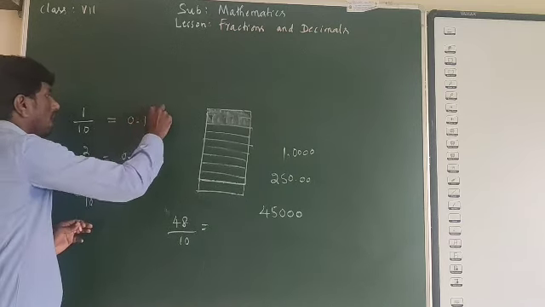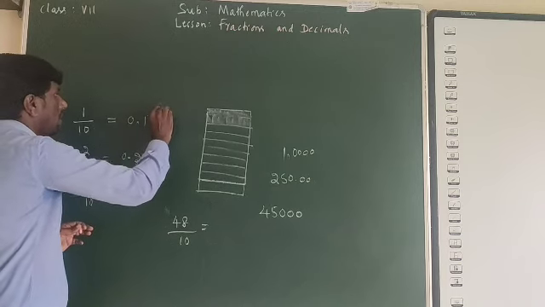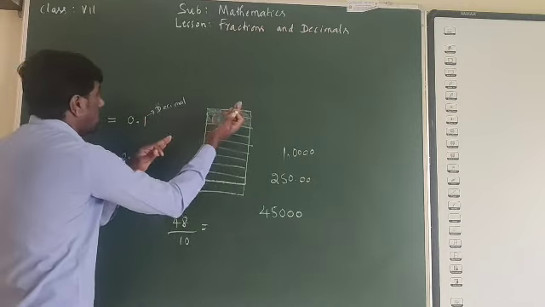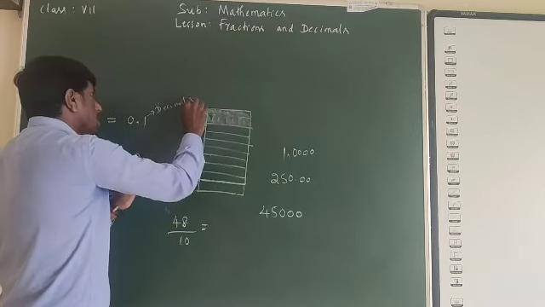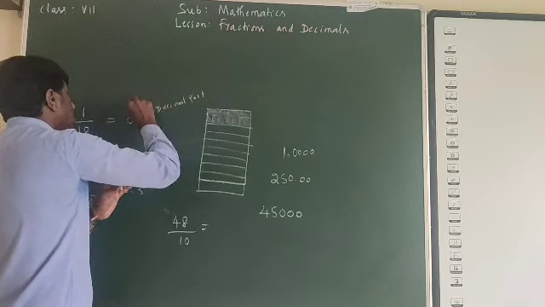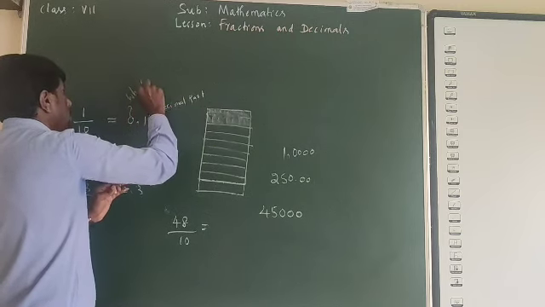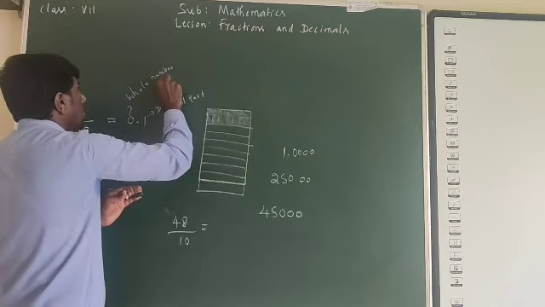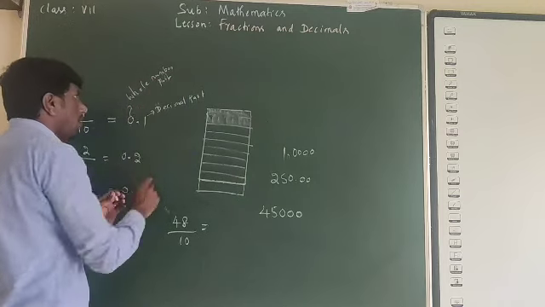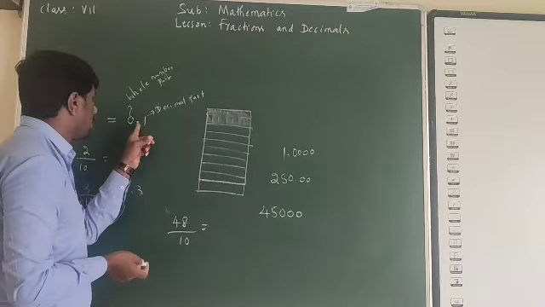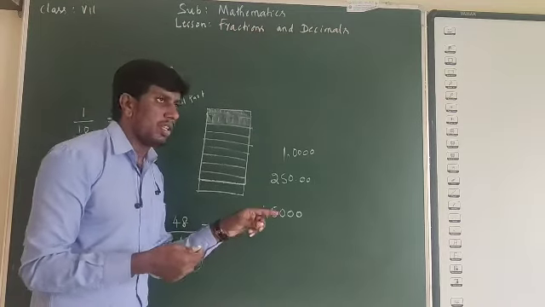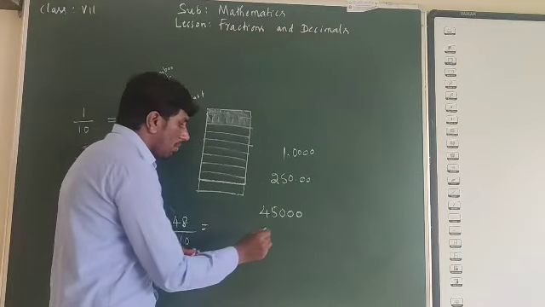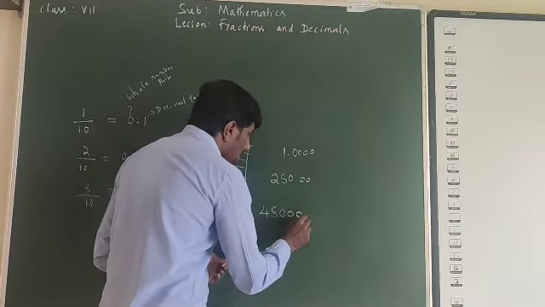Okay, this is fraction, this is the decimal part. Whatever numbers are there after the decimal point is called the decimal part. And this is called the whole number part. This is the whole part, this is the decimal point. By default, in a number, where will the decimal point be? By default, it will be there at the last. 45,000 in the sense it is equal to